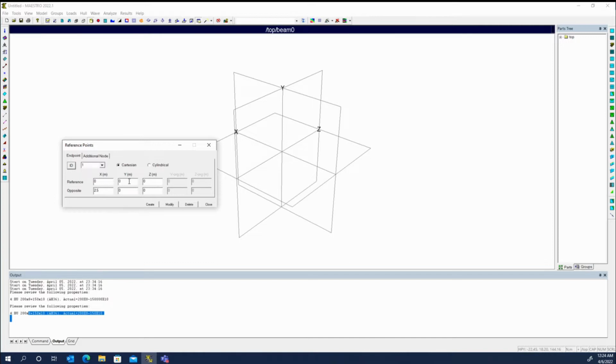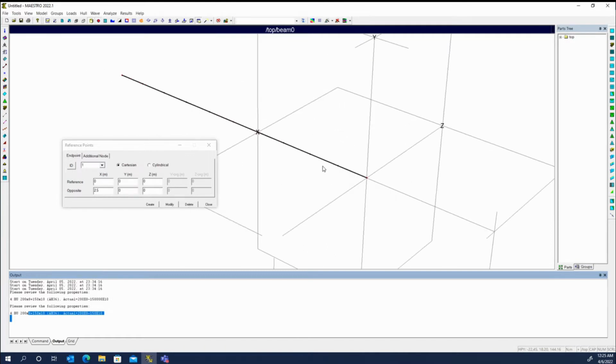So the first one we're going to put at the origin, right along the X-axis. So we'll go ahead and create the first one. And there it is. If we cycle the points, you can see the red points appear. If I hit escape here to unselect it, you can actually see the endpoint and all the nodes along the